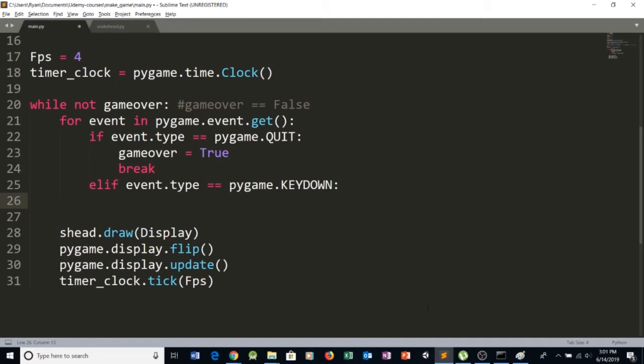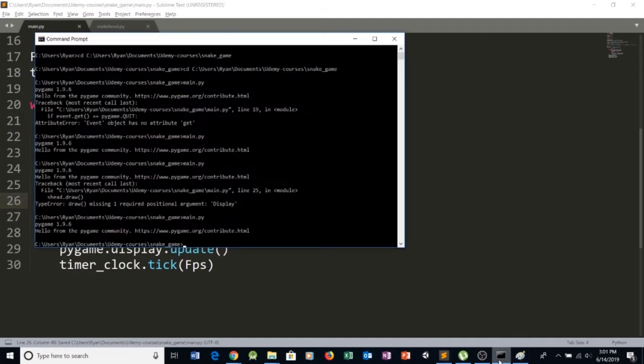What we want to do is take our snakehead object and use the read input function that we just created, and pass in the event.key. So we'll pass in the key. If we do this and run the program,